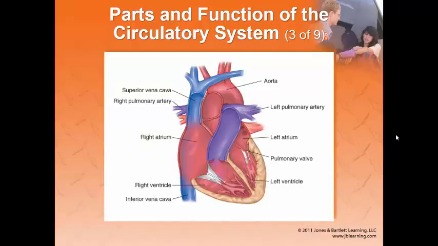Remember tracing a drop of blood. The blood comes into the heart from the superior and the inferior vena cava into that right atrium. It passes through 4 valves in the heart. The first one is the tricuspid valve on the right side, has 3 flaps, goes into the right ventricle, then through the pulmonic valve, going into the pulmonary artery, goes to the lungs